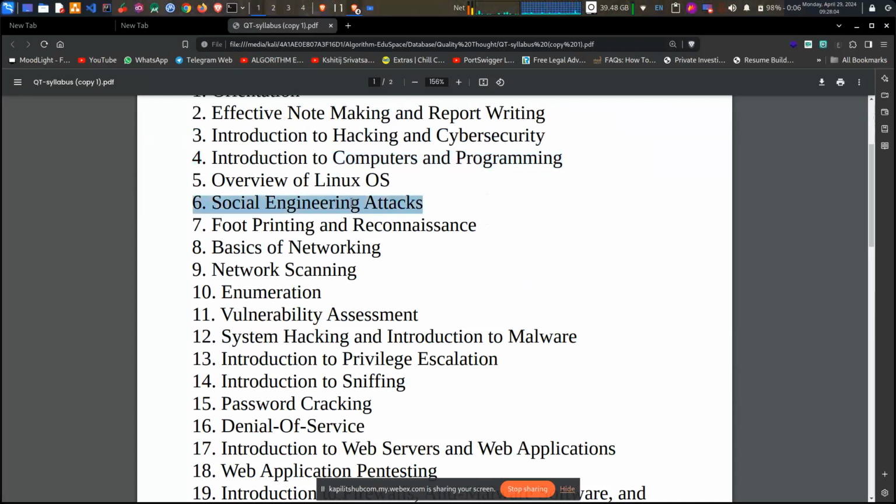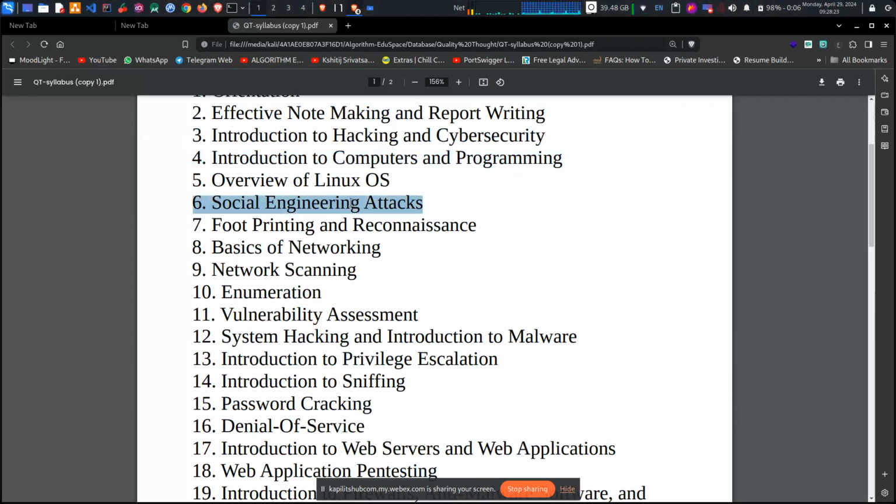Then we will see some social engineering attacks. You might have heard someone saying my Facebook account got hacked. How in the world is a Facebook account or Instagram account getting hacked? The reality behind this kind of attack is what we're going to study, and we learn how to attack, how to hack,